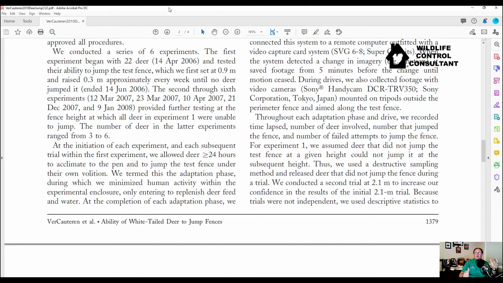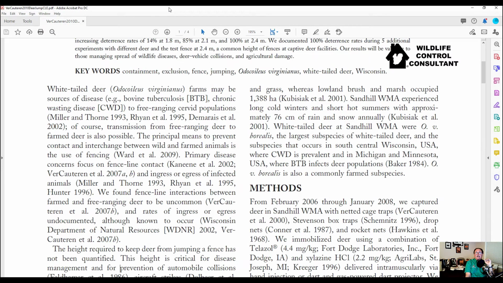Well, that's why they wanted to have something statistically valid, so they needed to use enough deer and use enough experiments to get the kind of information to make it statistically worthy. If they just tested one deer, that wouldn't be enough, right? You would say, well, maybe they just had a really weak deer. Or they had a Michael Jordan deer who was able to jump incredibly high. So that's why you get several animals to make sure that you have a good representative sample of what a deer can normally do. And that's what they did.